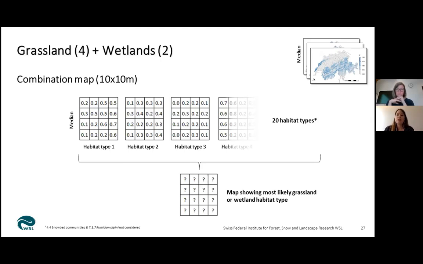To not end up with a very large rule set in eCognition, we decided to generate a combination map, and this map should show the most likely grassland or wetland habitat type for each 10 by 10 meter grid cell. We tested different approaches to combine the modeled habitat types into one combination map, and the most promising one was, next slide, please,